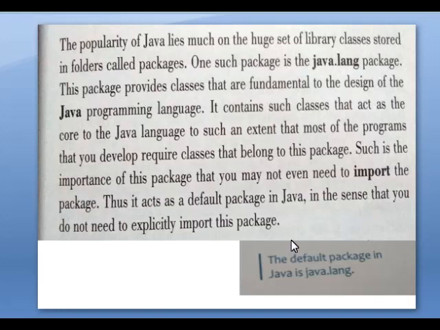Package means it is a huge set of library classes. This package is the same as a folder. Folder means a collection of files, that is, a group of files stored in a folder. Like the same, package means a collection of library classes.